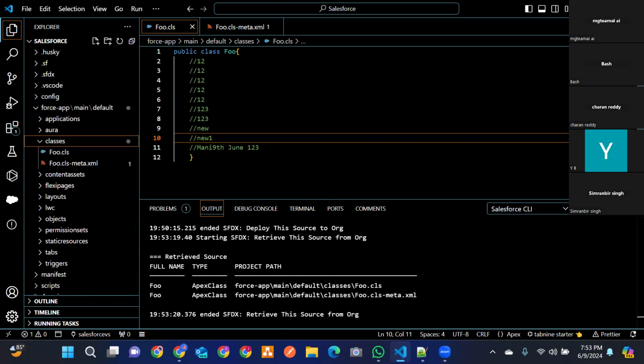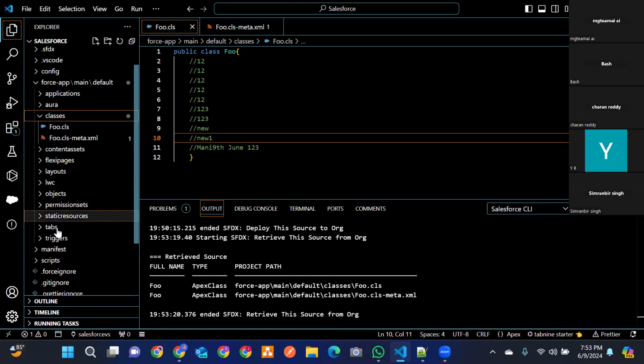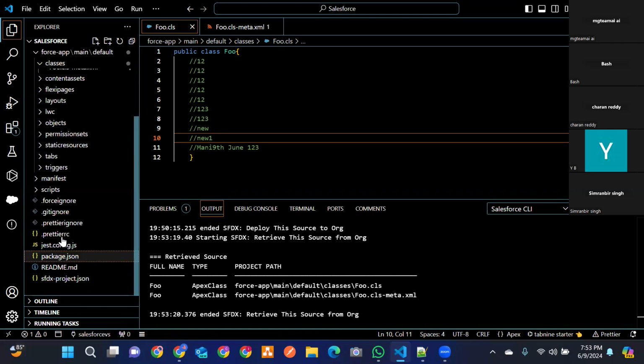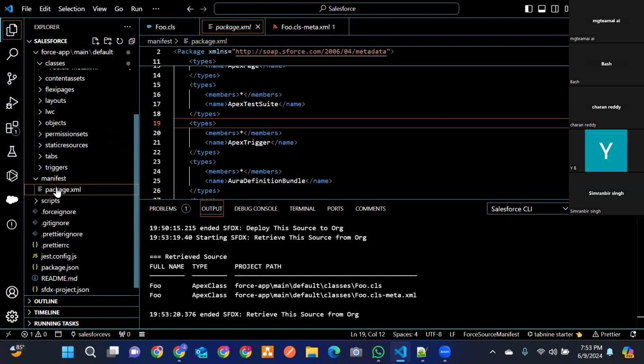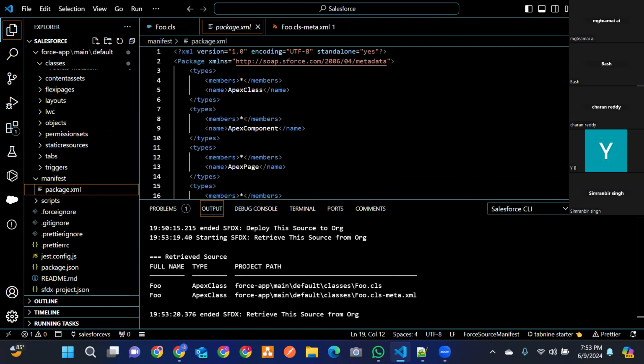Scroll down, go to manifest. You remember I told you that package XML is utilized to retrieve. Scroll down. There is a manifest folder. Yeah, this one. Click here. Okay. Now we just want to retrieve a class. Now remove other part. So if you scroll down,